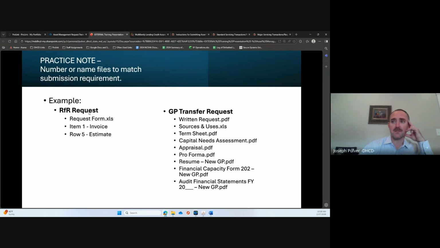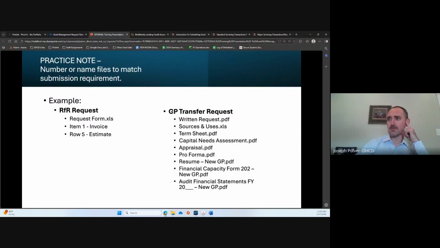So the reserve requests, some of you may be familiar with. There's a request form which has different sheets that need to be completed, as well as an itemized list of each of the items that is being requested. So what I would say there, in order to streamline the review process and prevent errors and people not seeing what you thought you were uploading, is try to identify things by, if it's item 1 and you're submitting the invoice, identify the invoice as item 1 that's being uploaded, versus an estimate or something else that might be required.